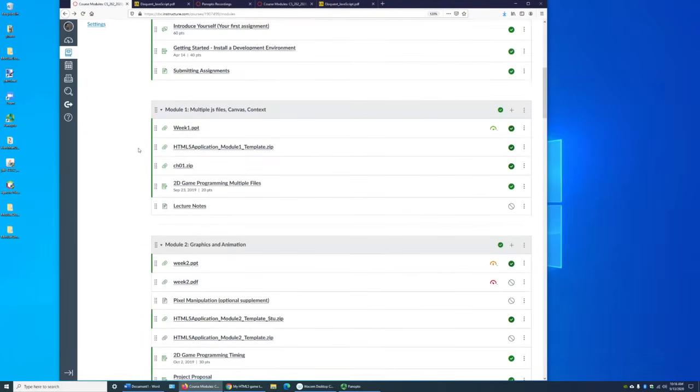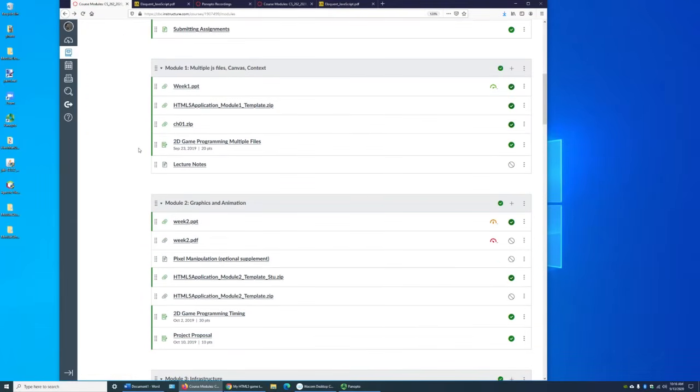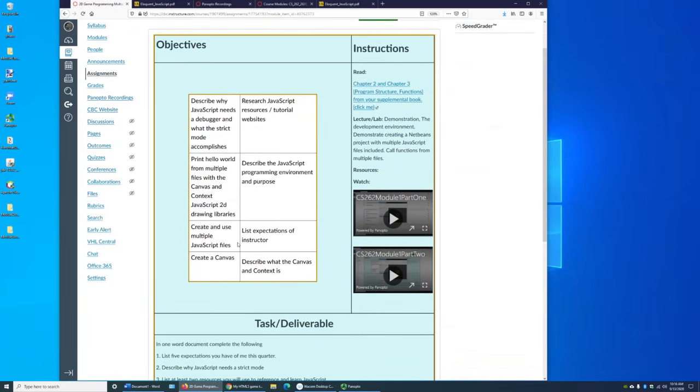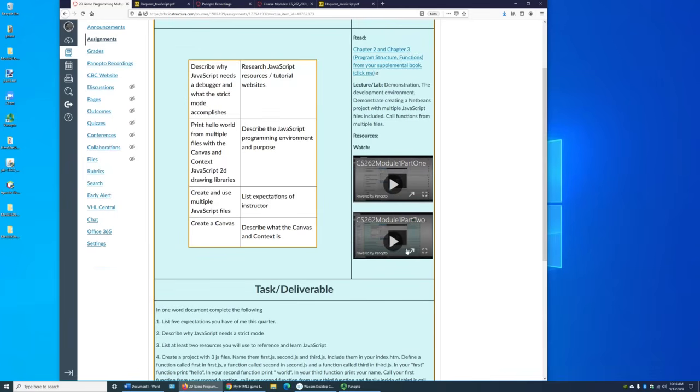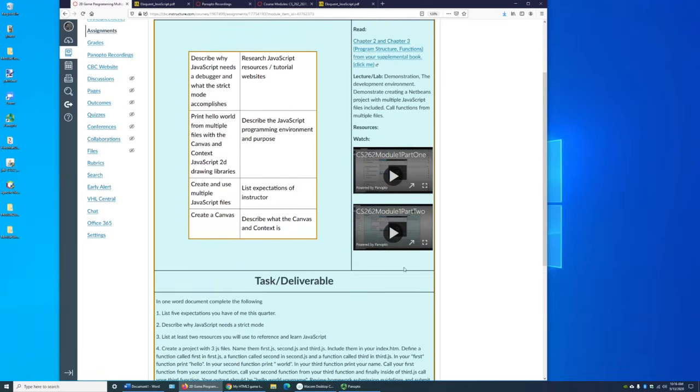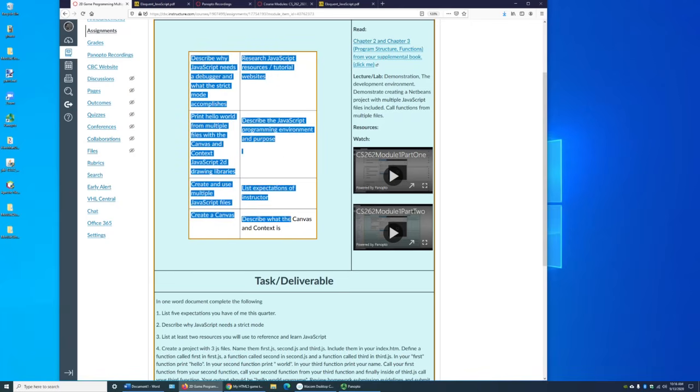Essentially, it's a toolbox that I give them. And for Module 1, here is the Module 1 template, their toolbox. Here's the PowerPoint. And then this is the actual assignment itself, where I list the objectives. I give them instruction using the prepared template. And as part of that instruction in these embedded videos, I hit these objectives explicitly.